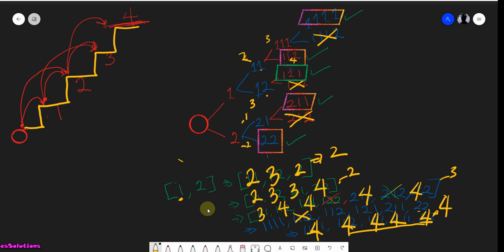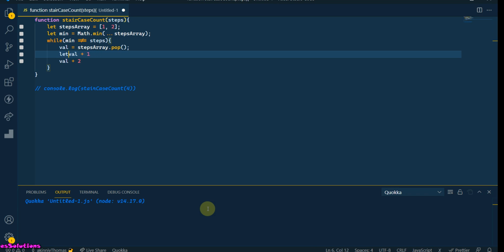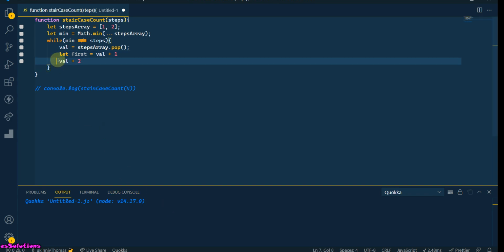First I'm adding 1, and then we have when we're adding 2. But you remember, if we have reached a point where we have 4,